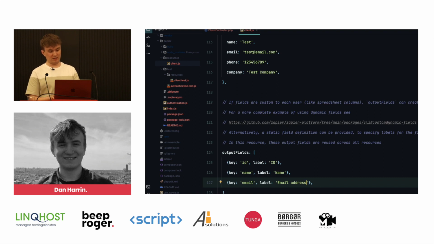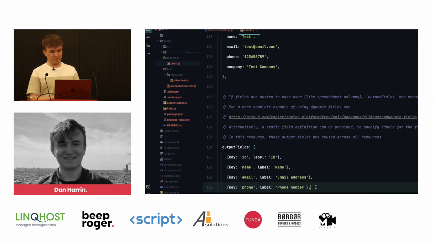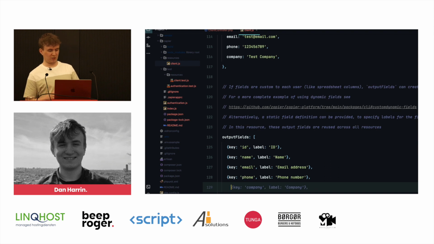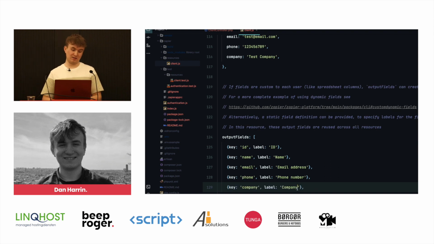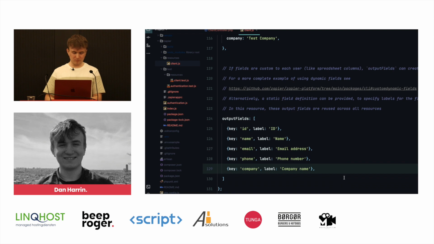Essentially, this is just going to be user-friendly labels for our fields. So email address instead of just email. We could use phone number instead of phone, and company name instead of company, just to give them more information, even though these are the ones that are actually being sent to the app. Let me double check the expose is still working